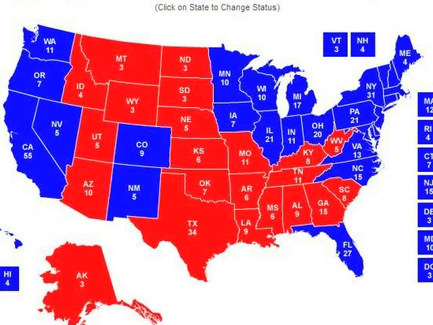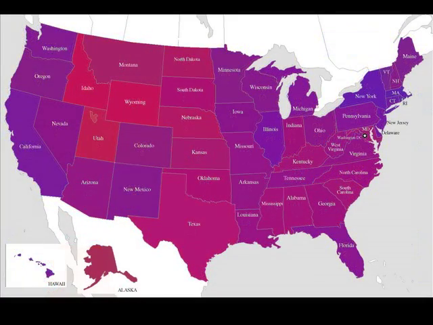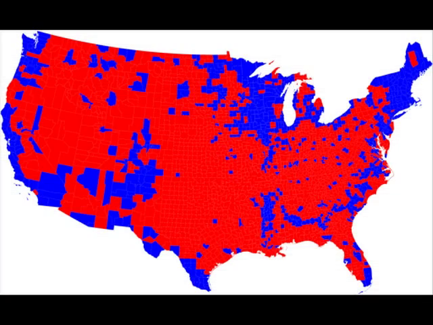So for example, there's the famous map where you see the red states and the blue states. And a lot of people have sometimes seen that modified, where you take the red and the blue and you mix them together to make just the right shade of purple, depending on how many Republicans and Democrats there are in a state. But few people have ever seen that done not only at the county level,